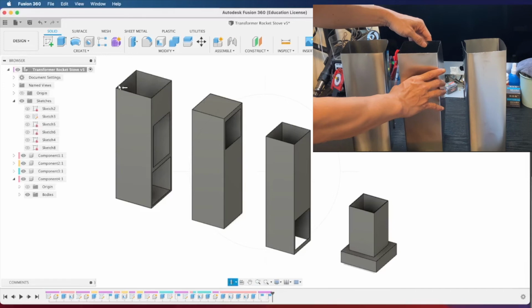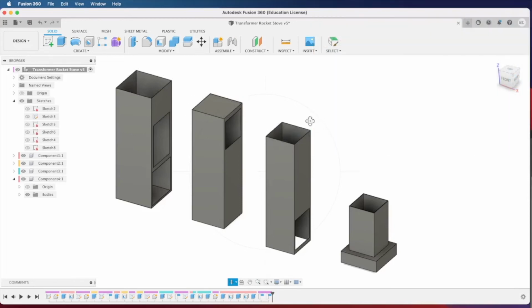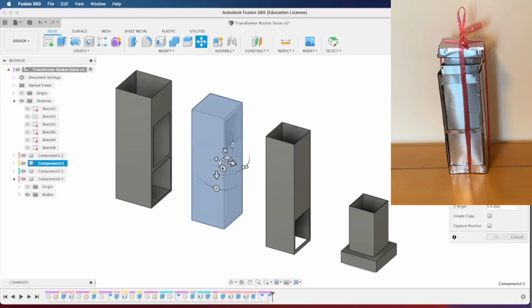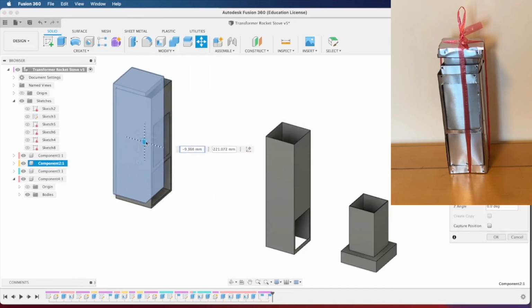The first one is 11 centimeter. The second one is 10 centimeter per side. The third one is 9 centimeter. And the smallest one is 8 centimeter. Because of different sizes, they can slip into one another. So you can carry the size of one pipe